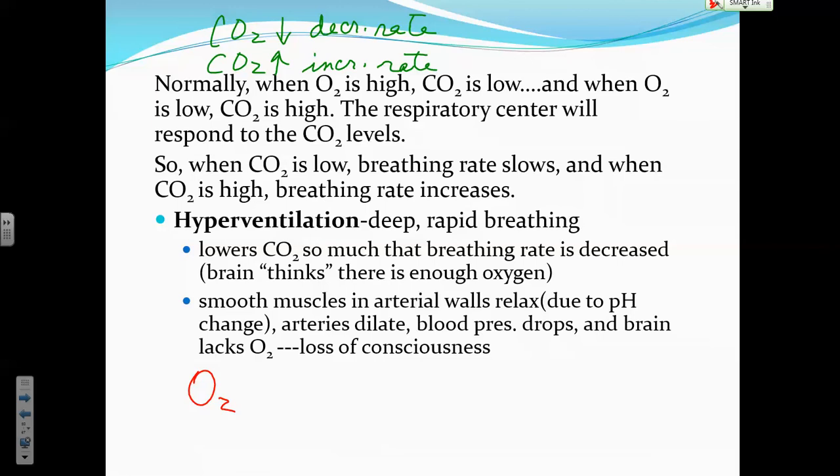The O2 goes down, right? Your O2 drops. But if I exhale more than I take in, what else is dropping? CO2 also drops. See, this is not normal. This is when both of them have dropped because I'm not taking in enough to accommodate the CO2 that was lost or produced. Okay? So if CO2 drops, what else drops? Hydrogen. It always is the same. Regardless, it's always the same as CO2.